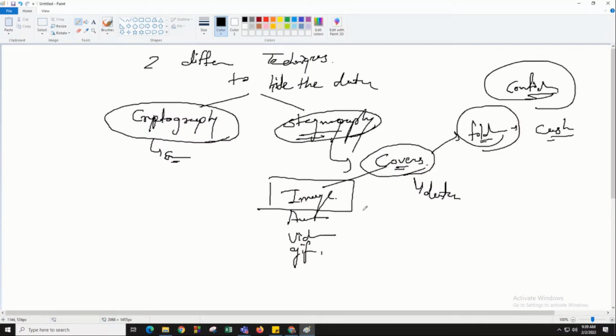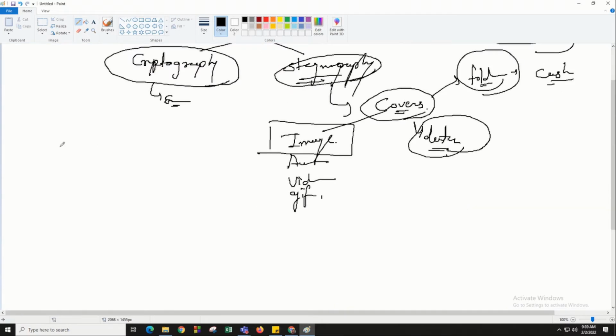But the only person who has the authority to open that particular cover will be able to see the original data which is hidden behind this cover. I hope you are understanding what steganography is. Yes, ma'am. Okay, good. So with the help of this particular tool, the OpenPuff tool, we are going to hide our